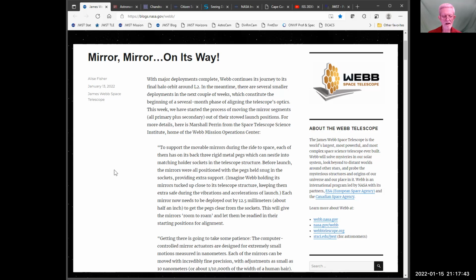Give it about a month. Now, a little over a month from now, they're going to be doing their rocket burn to get them into their halo insertion orbit for Lagrange point 2, or orbit around Lagrange point 2. So once that's done, they'll have to adjust things again, because the rocket propulsion, now that the mirrors are all unlocked, is apt to vibrate the mirrors. So they're going to have to go back and kind of tweak it some more, even after they get into